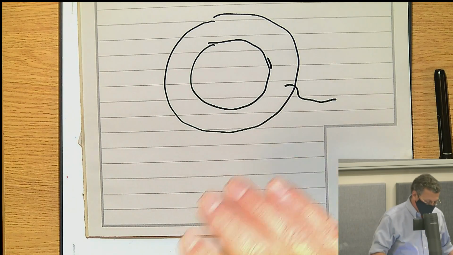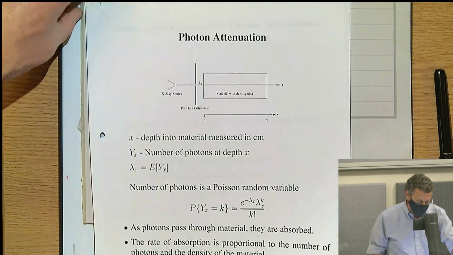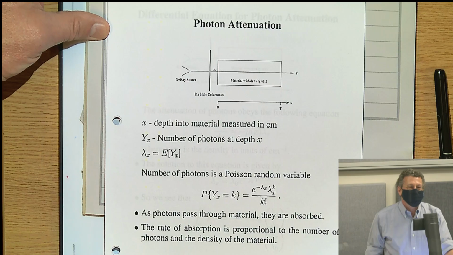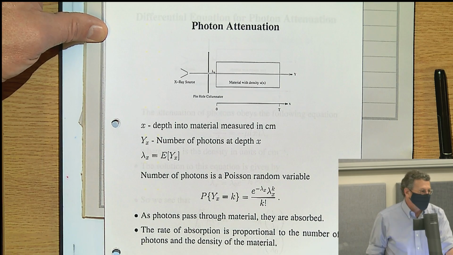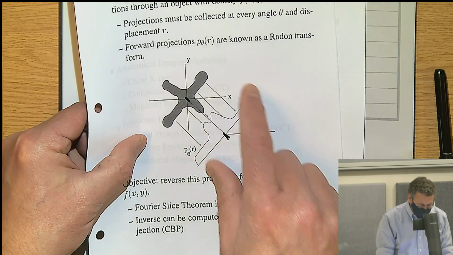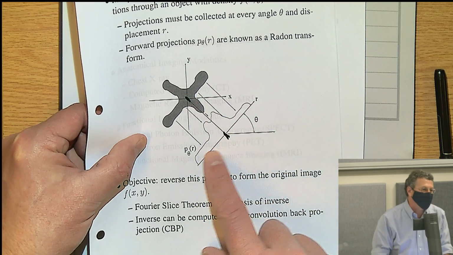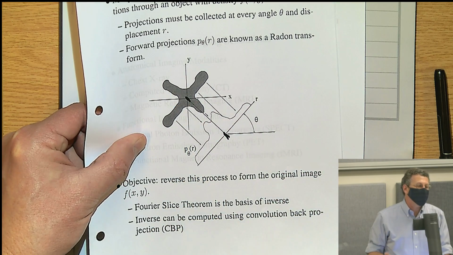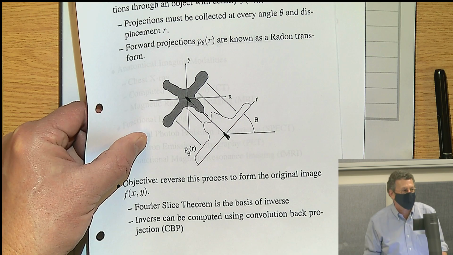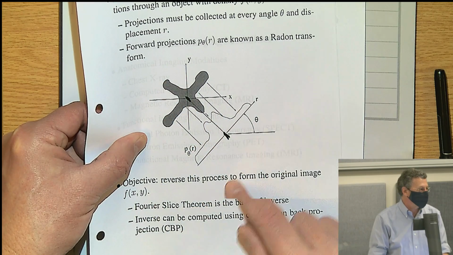Okay, now here's the thing, this part of the course everybody always ignores because they think it's not that important, but it actually is critically important. That is a physical model for the absorption of the X-rays as they travel through a piece of material. This is pretty hopeful, it would seem, because you have a bunch of different measurements. They're linearly related to the unknown. As long as the number of measurements is roughly equal to the number of unknowns, you should be able to invert whatever that relationship is and compute the 2D reconstruction from the 3D set of views.